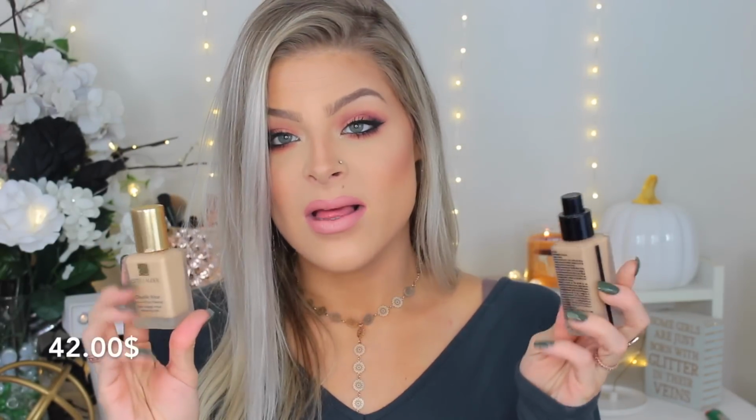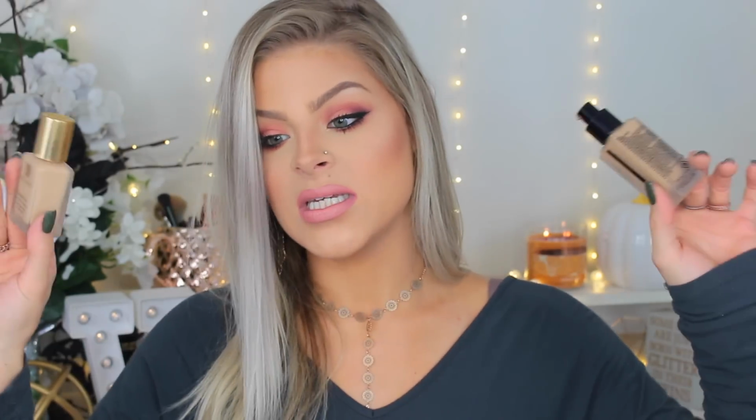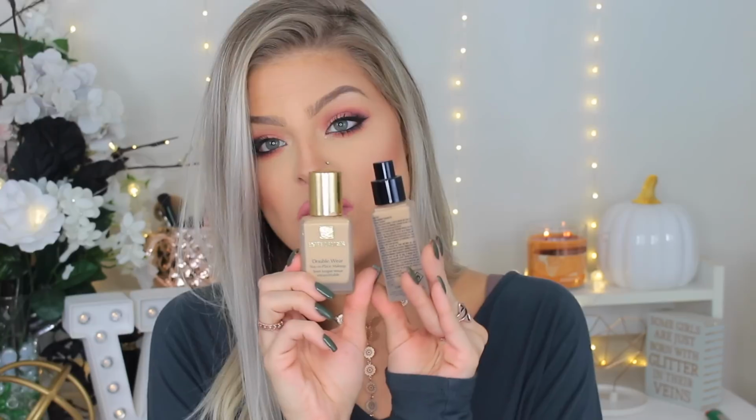And then we have this YSL All Hours foundation. This one is newer as well. I actually bought these both on the same day. So I have to say, this foundation is really good mixed with another foundation that I'm going to talk about in a second. I might as well talk about it right now. This is the Estee Lauder Double Wear Stay in Place Makeup. I think I found my favorite high-end combination ever. These two mixed together,